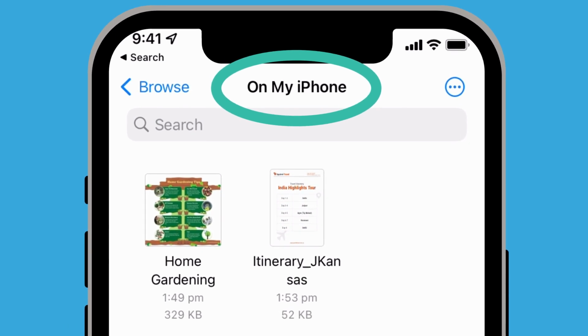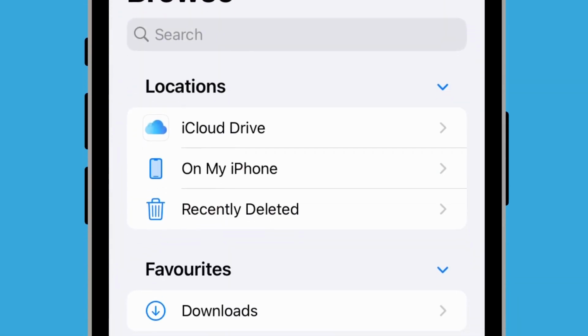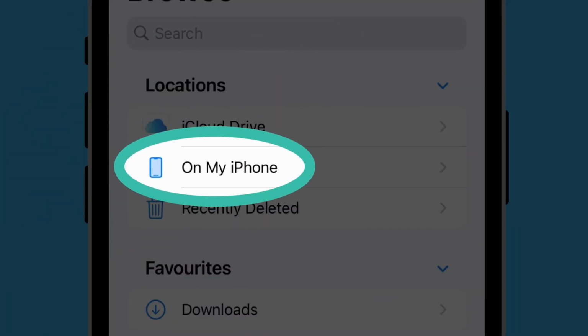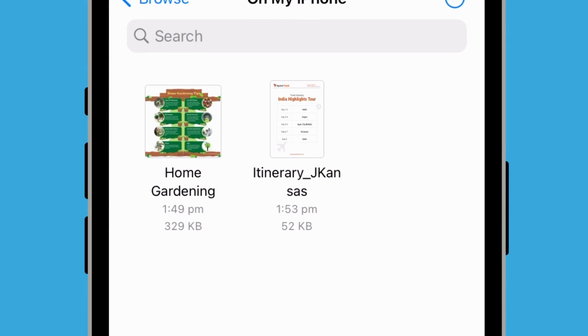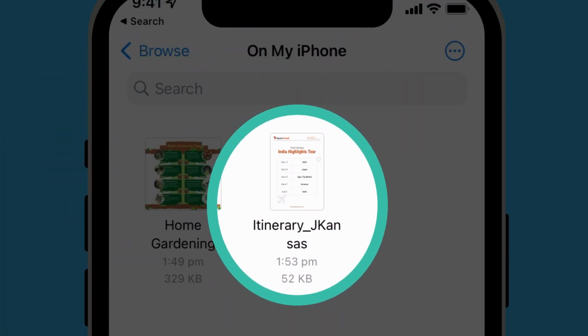If you can't see On My iPhone at the top of the page, select the arrow in the top left to see the Browse options. Tap On My iPhone to see all the files that have been saved to the Files app on your iPhone. Here's the itinerary file that we saved earlier.